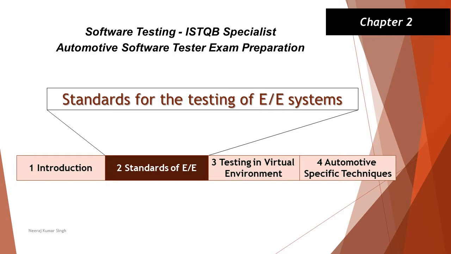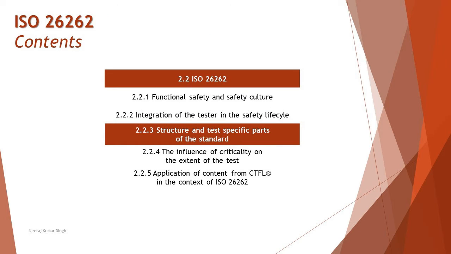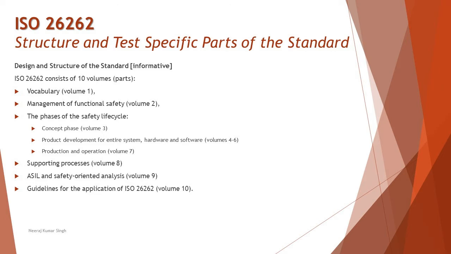We are in Chapter 2, Standards of E&E System, and looking into the next topic, that is ISO 26262. As a part of this topic, we have a lot of subtopics to be covered, and the next topic which we are looking at in this tutorial is 2.2.3, Structure and Test Specific Parts of the Standard. So here we are talking from the point of the test specific parts which could be included into the standards of automotive testing. The very first thing we will be covering under this section is design and